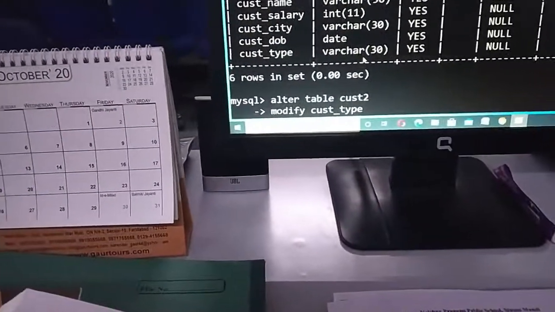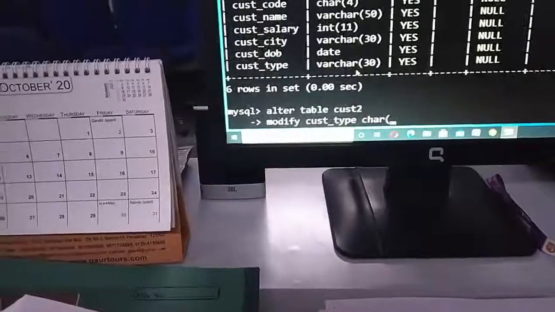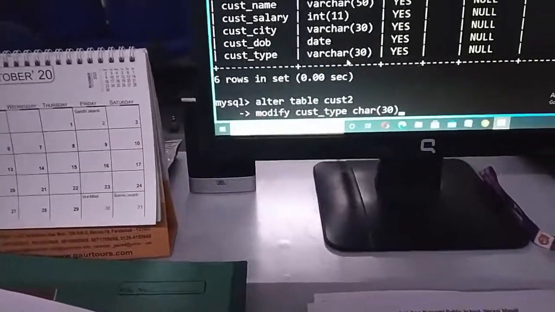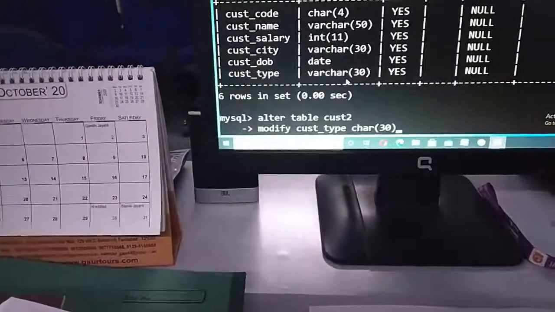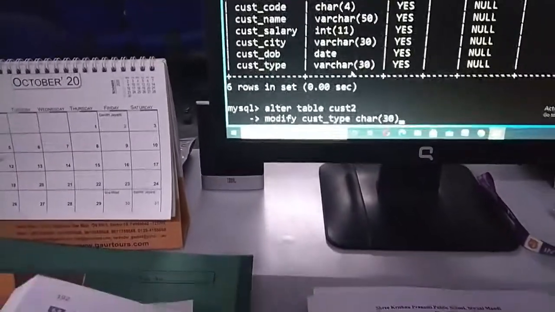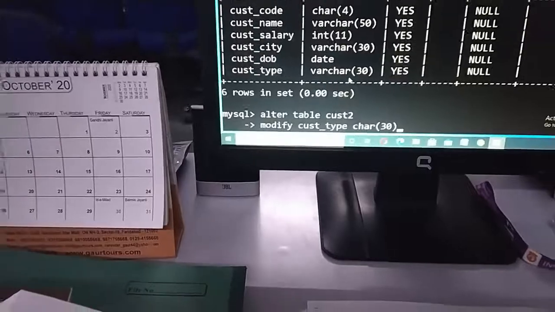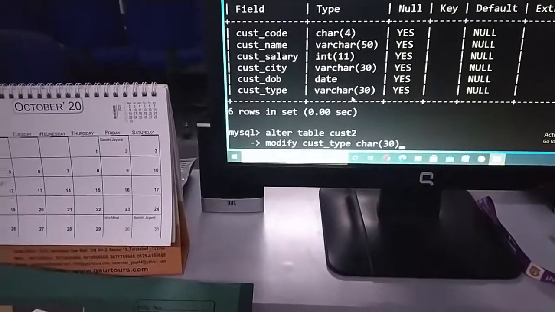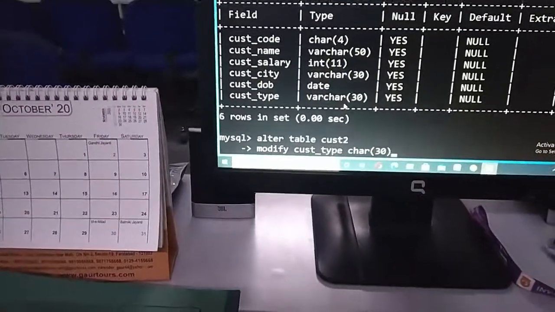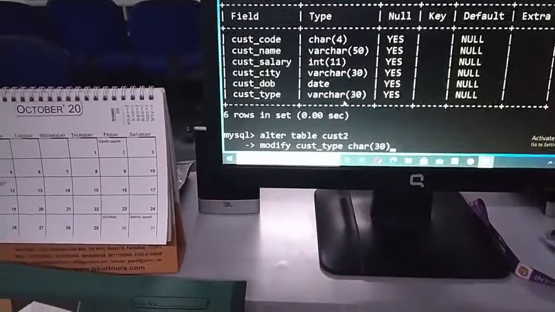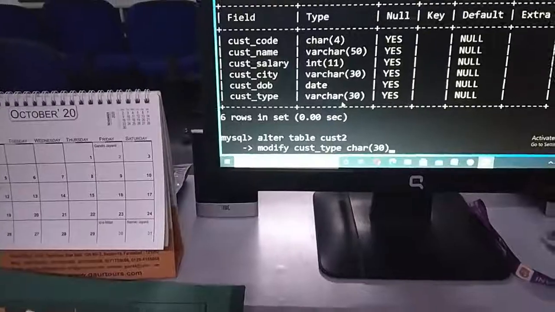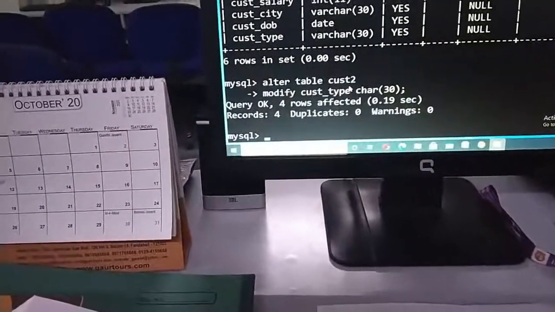For example, I want to say char 30. Earlier it was varchar. Now I'm trying to change that field's data type with char 30. That's why I had written alter table name modify. Previously I had added this field with the command alter table name, add, space, field name, space, data type. Now I'm using the modify command with the alter command, mind it, and just press the semicolon.